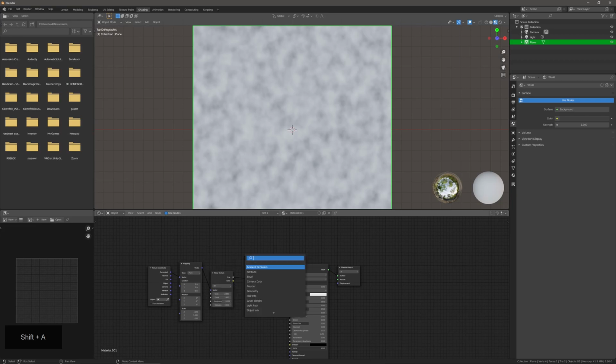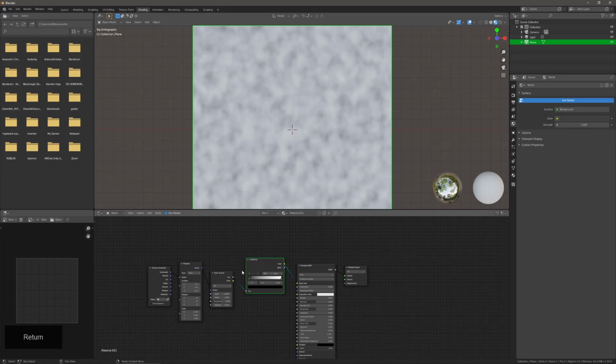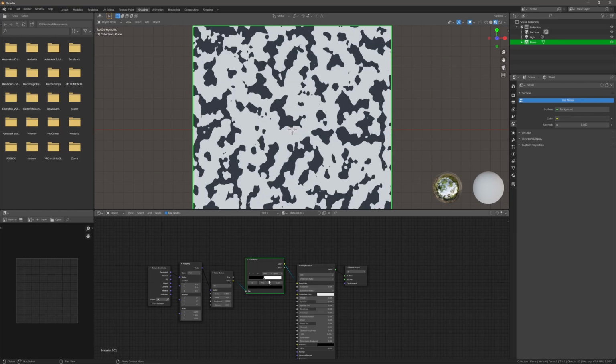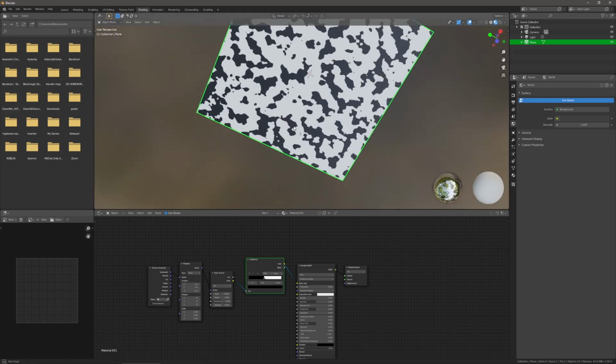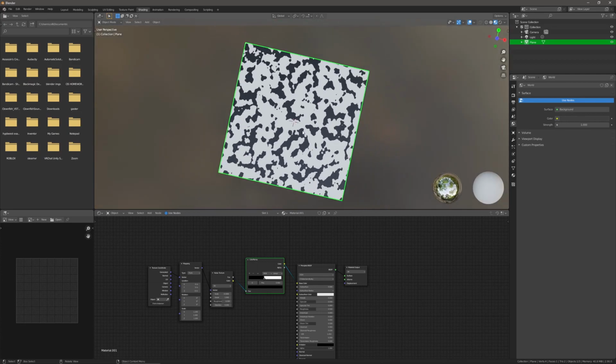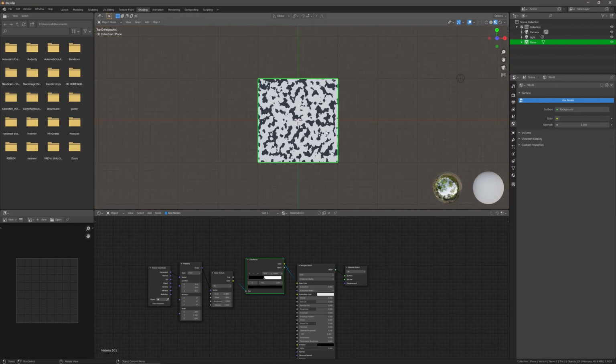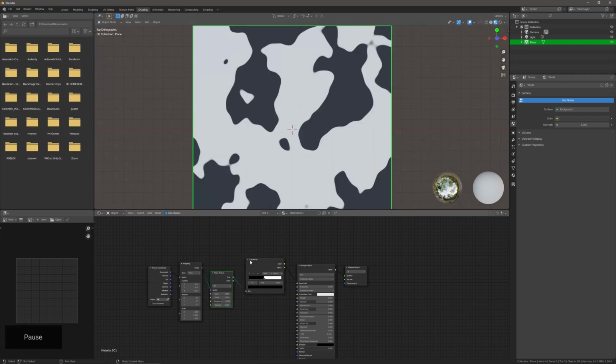What I'm also going to do to make the colors more distinct is add a color ramp. That way we can have specifically our blacks and whites, and we can change the intensity of them, and we can change where they are on the image and how intense they are on the image. Like right now, we just practically created a camo, and there are no grays, it's just black and white. And so in certain spots we just have all mountains, and in certain spots we just have like very deep canyons. So if I was to save this, there'd be like very, very high mountains and then very, very low ditches. So that could look pretty cool, and we'll save that as an image. So I kind of played around with it there.